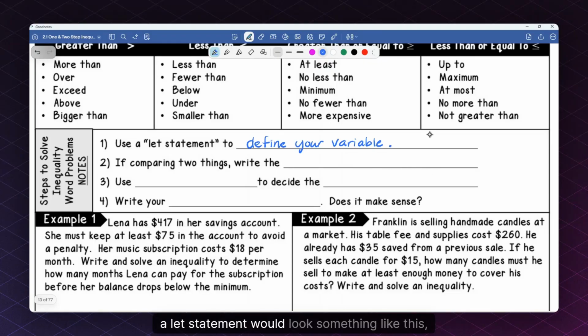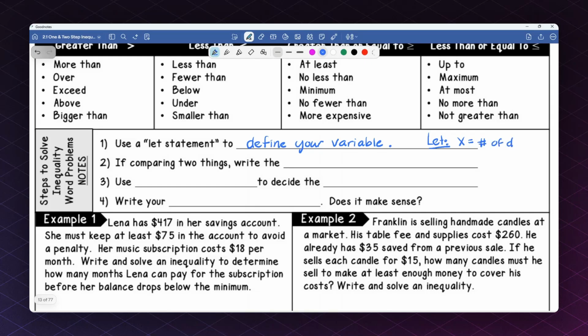So a let statement would look something like this, like say let x equal number of days or something like that. We're defining it so that when we go and solve it, we can remember what x means when we get the answer. And then the second step is, if comparing two things, we are going to write the inequality